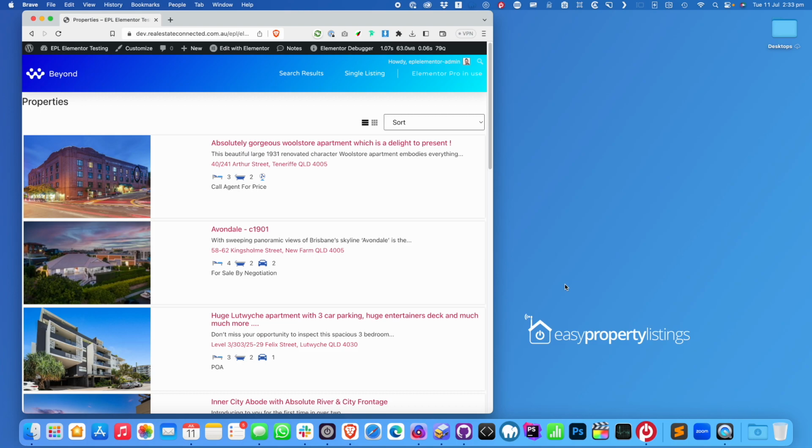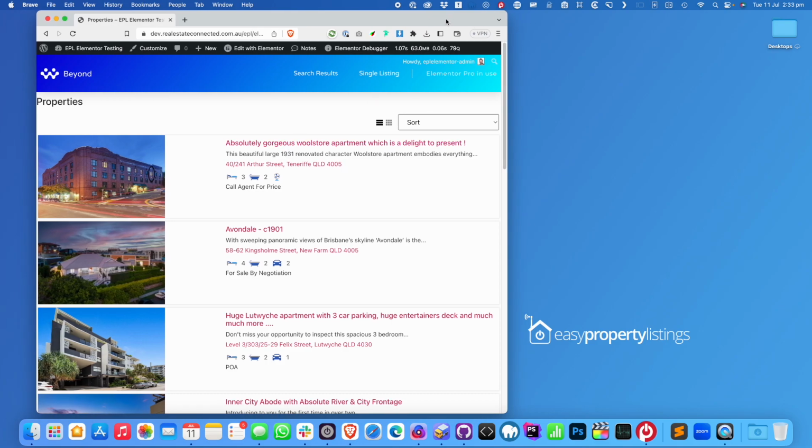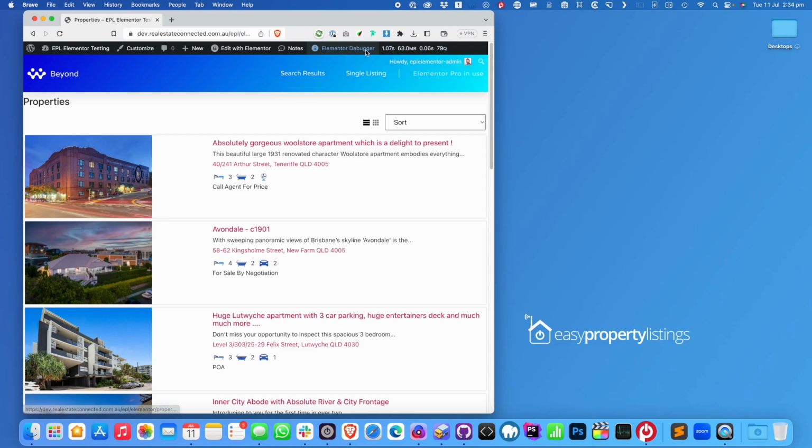Easy Property Listings. In today's video I want to show you how to use Elementor Builder to create custom templates for Easy Property Listings. I've got a staging site set up here that has some listings imported into it using our Feed Sync and Import Pro stack, and I've got Elementor Pro active here as I'm a license holder. I'm just looking at the search results page, but we're going to focus on